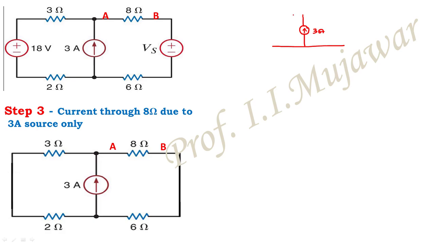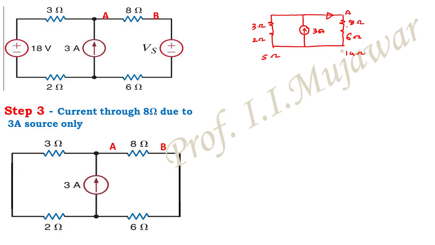Okay. So these two resistances 8 and 6 are in series. I will draw that combination like this one. So here it is 8 ohm, here it is, so this is 6 ohm. Now here 3 and 2, so that combination I will write like this one. So here it is 3 and here it is 2 ohm. That means this is a resistance of 5 ohm, whereas here you have the resistance of 14 ohm and we have to calculate this current.